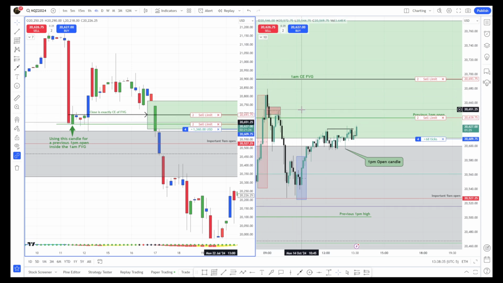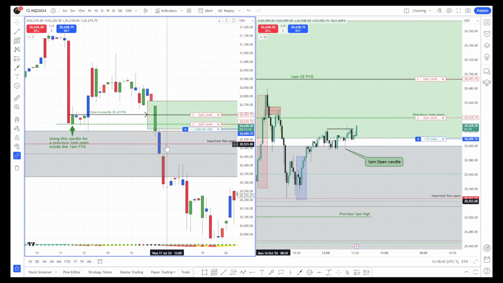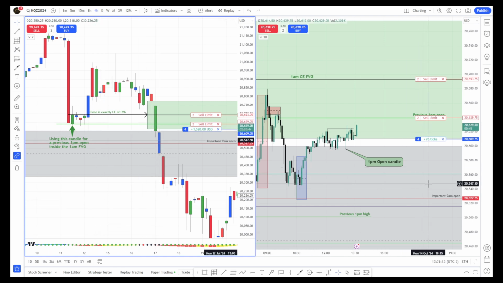This is a 1 minute inverse fair value gap. And it comes all the way down to this important 9 a.m. open. I mean, if this isn't obvious that the market is coded to run the 4-hour candles solely based off of time deliveries, where this very specific candle is going to deliver to this very specific other 4-hour candle that has the same time code. I mean, I'm showing you all this stuff, and we're watching price